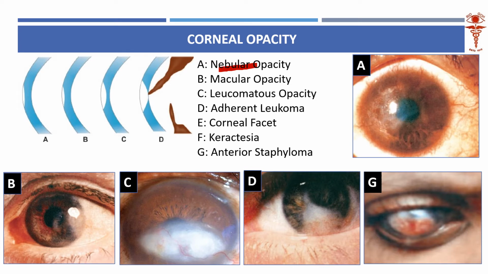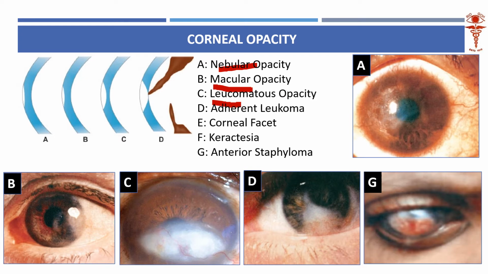Or you can see a bit thicker opacity. You call it macula. Or you can see a chalk white opacity. You call it leucoma. So these are the three levels of opacities. By the density, you call it as nebulous opacity, macular opacity, or leucomatous opacity. Three opacities are possible. If that opacity has iris stuck to it,